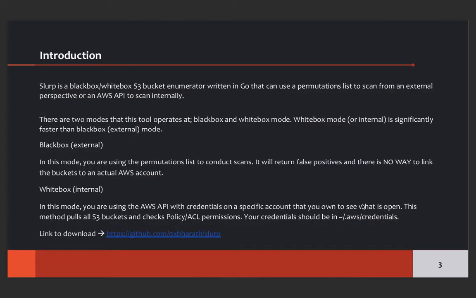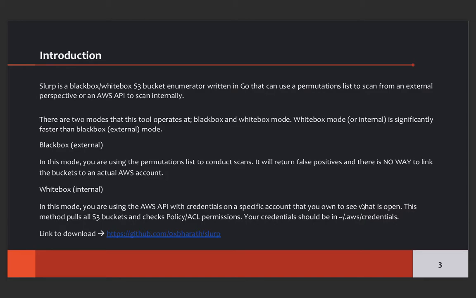Let's go ahead, guys, with the introduction to Slurp. Basically, Slurp is a tool which helps us enumerate S3 buckets which are publicly available or exposed. It uses two scan modes: one is black box external, and the other is white box internal.